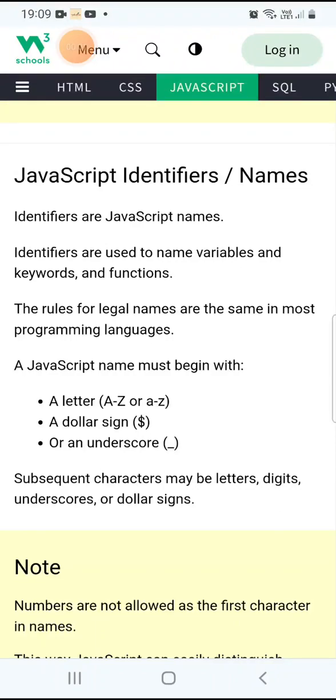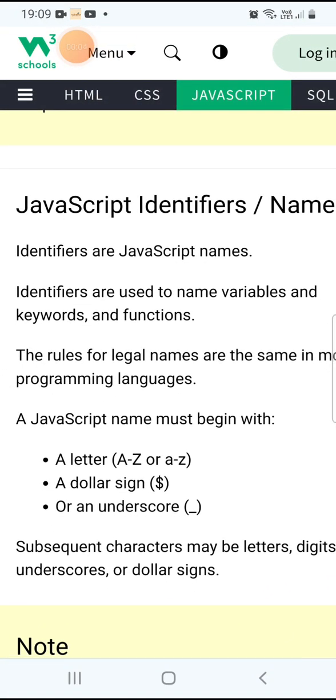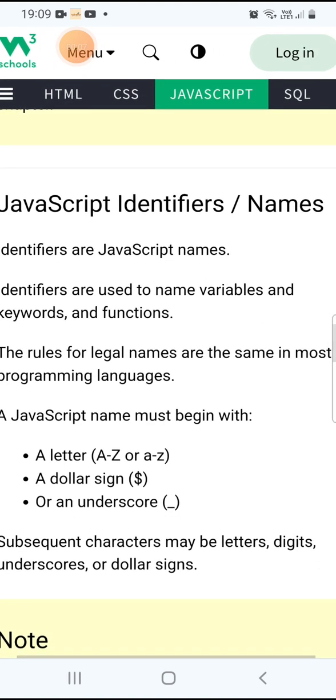Okay, in JavaScript, let us try to understand what are identifiers, otherwise names. Generally, variables are called identifiers, and the values are called literals. In any programming language, be it C, Java, Python, Kotlin, or JavaScript, the